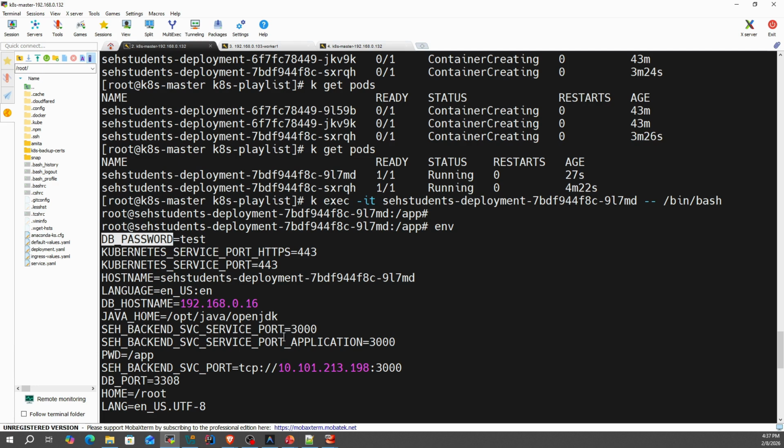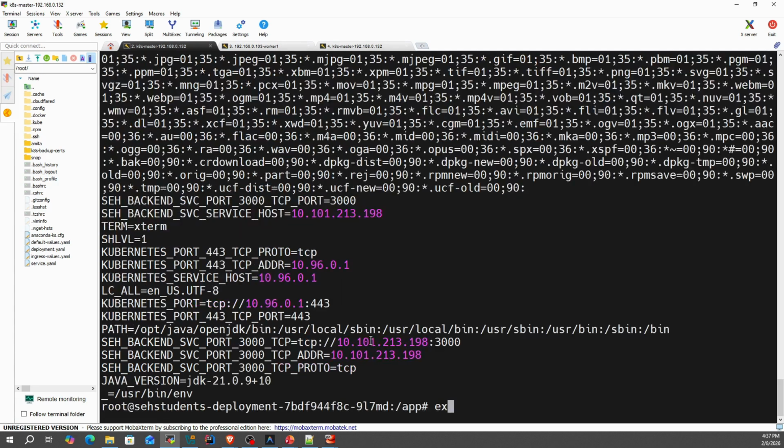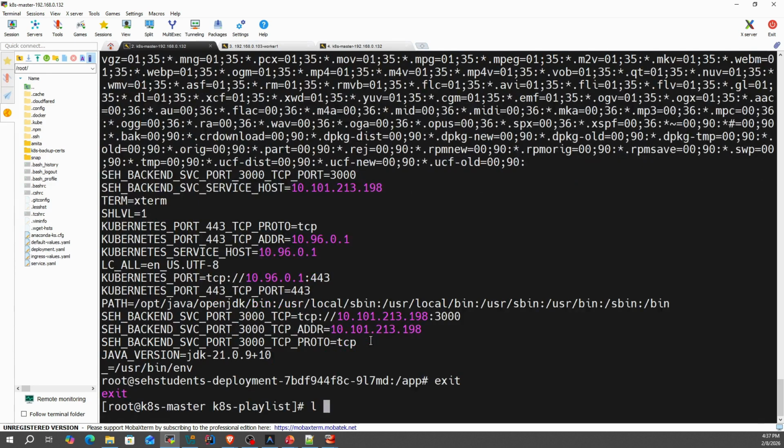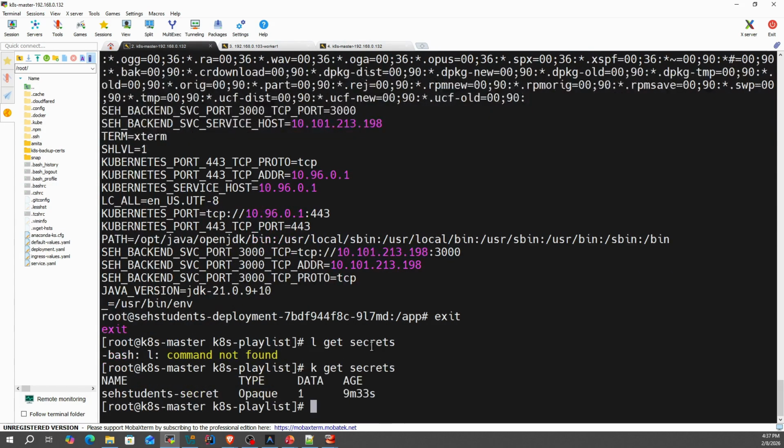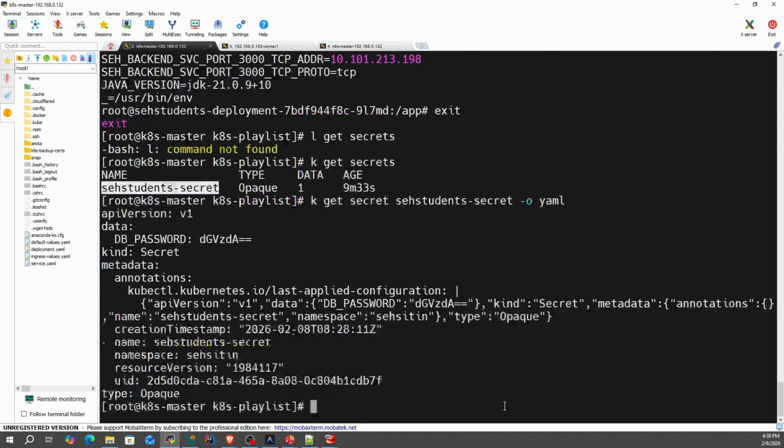To list all secrets, we can exit from the pod and run kubectl get secrets, and to view the secret YAML we can do kubectl get secret, then secret name, -o yaml. So here we can see DB_PASSWORD.